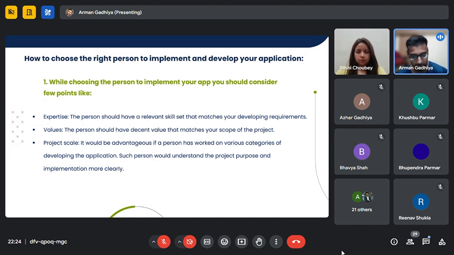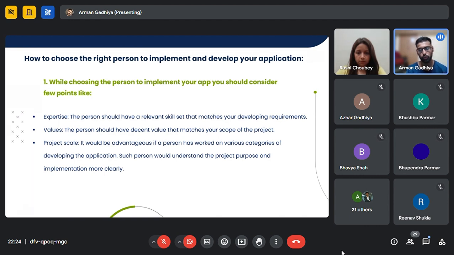First is expertise. The person who is publishing your application should have relevant skills that match your development requirement. The expert should be able to understand whatever business ideas you have and how they can be implemented technically. That expertise is needed in the person. Second is value.